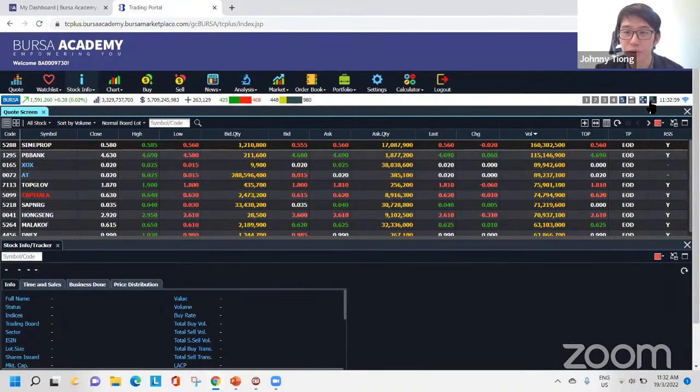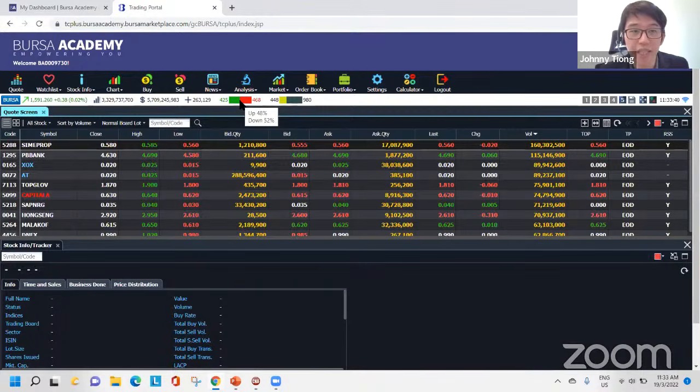And then there's a real time toggle, on or off, and then there's a Wi-Fi signal, showing whether the signal is strong or not. Whenever you don't know what something is, you just mouse over and wait for around 2 or 3 seconds. If nothing happens, you can just click, oh, this is the index. Then what is this number? This is the total trading volume, then we have total value, and this is the number of trades. This highlight basically shows what is happening on the market.